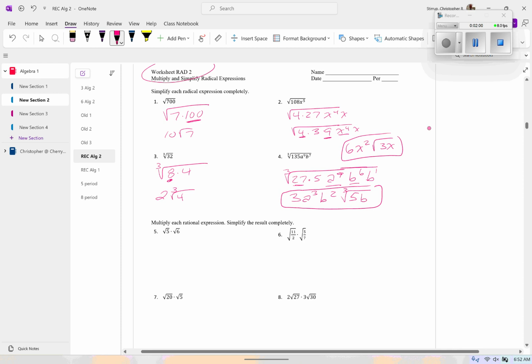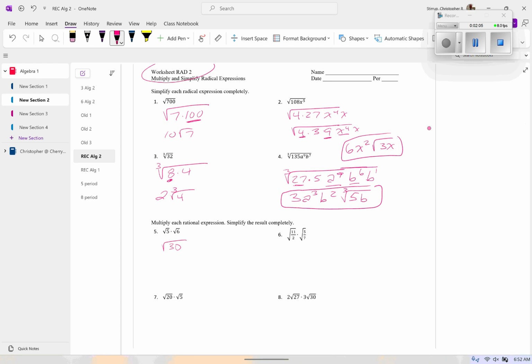Let's go ahead and multiply these. So I get square root 30, square root 30. Let's see if it does break down. Any perfect squares at work? 4 doesn't go in. 16 doesn't work. 25, nope, that's your answer. On this particular problem, this is going to give me root 55